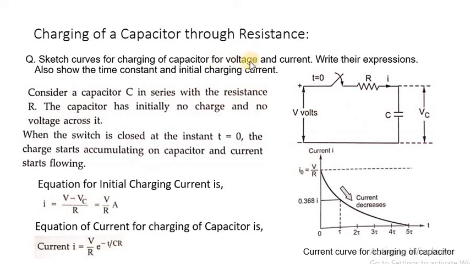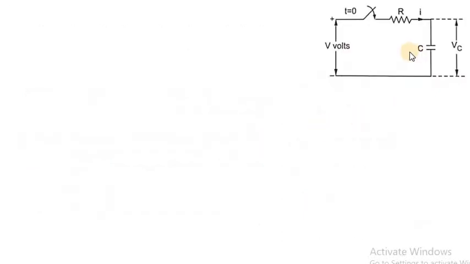Now the next part is the voltage, that is, the charging voltage across the capacitor. Okay. Now we will again take the same circuit, and we will see the voltage across the capacitor during the charging period. We have discussed that when the switch is closed at time t equal to 0, the voltage across the capacitor C is equal to 0 because a capacitor cannot charge immediately. It starts charging gradually. It starts accumulating the charge gradually.